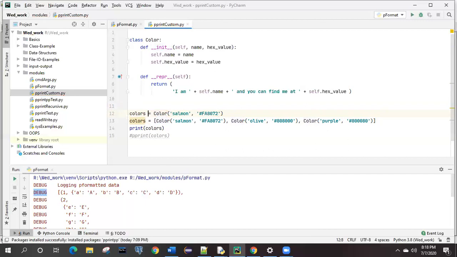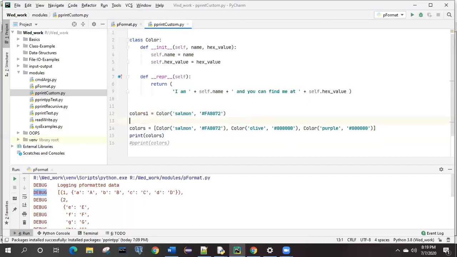This is how we are creating the objects, right? Same thing, if we have to create one more object, we have to write like this and change the content over here, right?